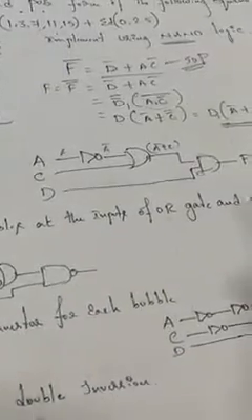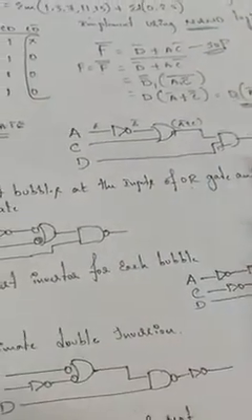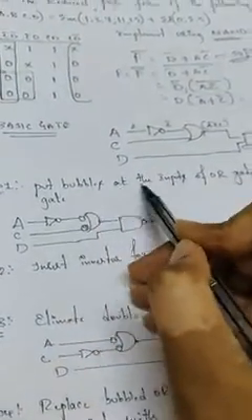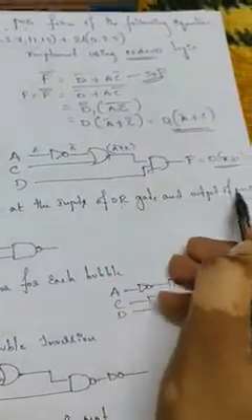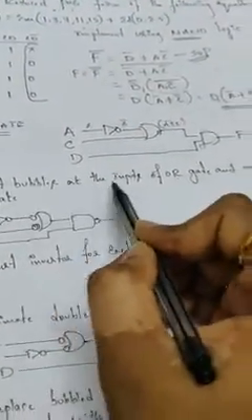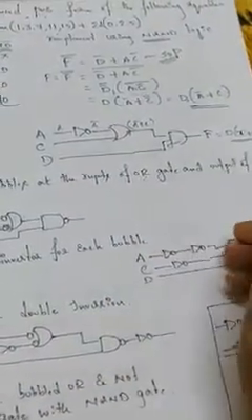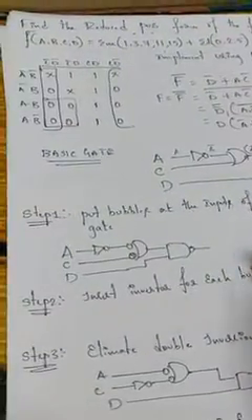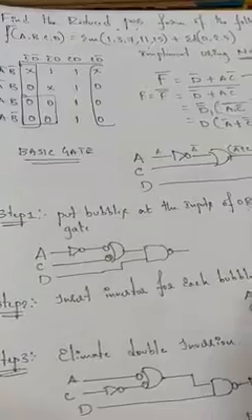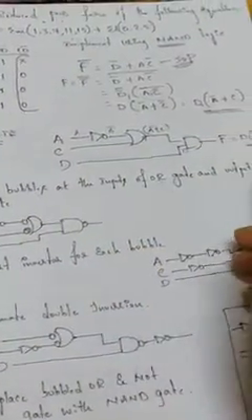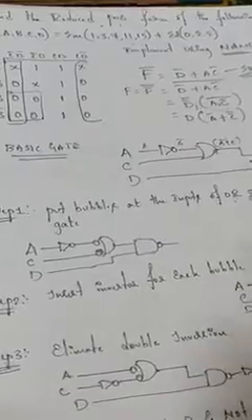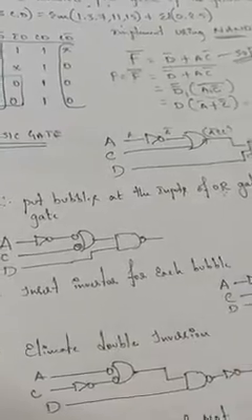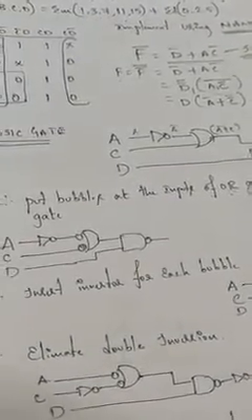So once you have written the basic circuit by using the basic gates, step 1: put the bubbles at the input of an OR gate and output of an AND gate. You have constructed the circuit by using the basic gates. So the first thing is you need to put a bubble for the input of an OR gate and output of an AND gate. No matter how many OR gates or AND gates are in your circuit, just put the bubbles at the inputs of the OR gates and outputs of the AND gates. This is the first step.